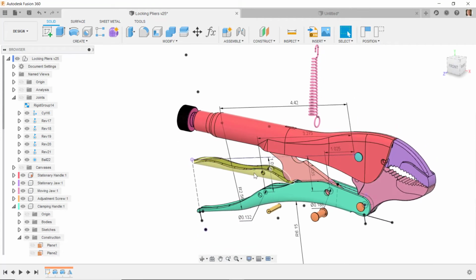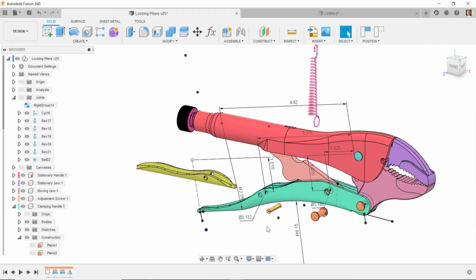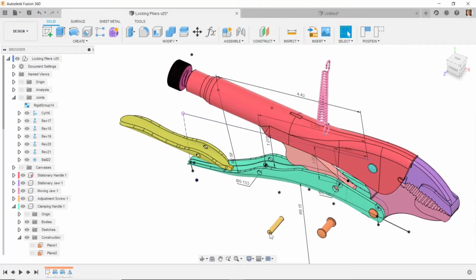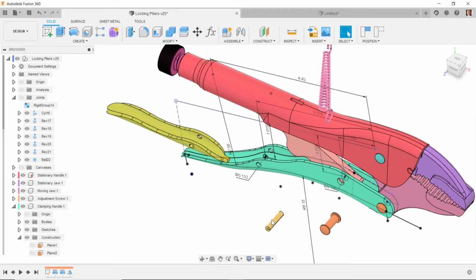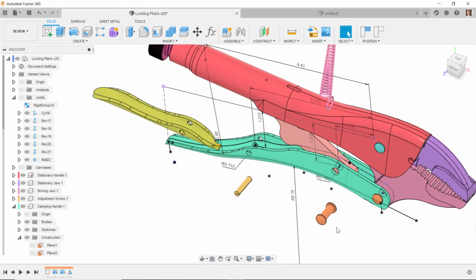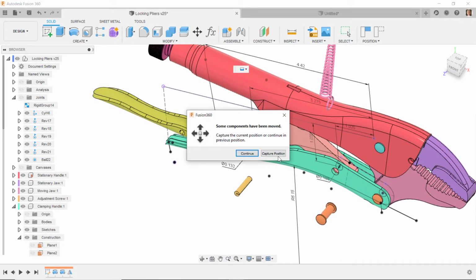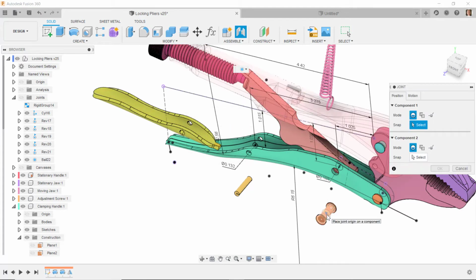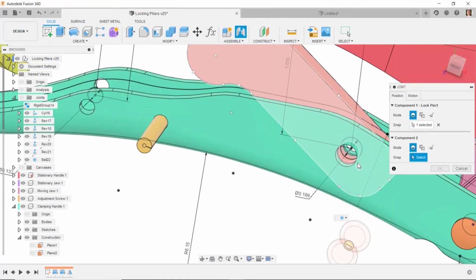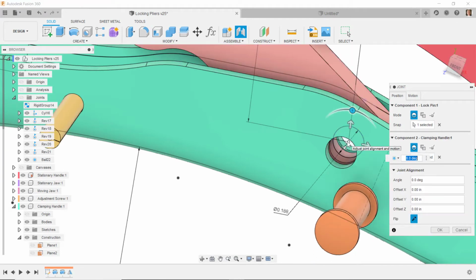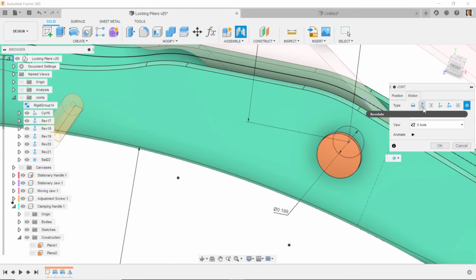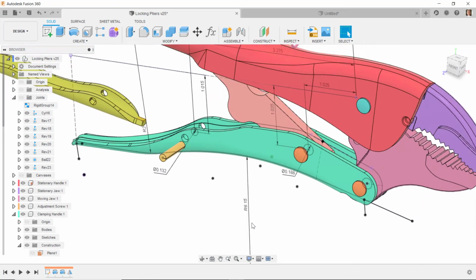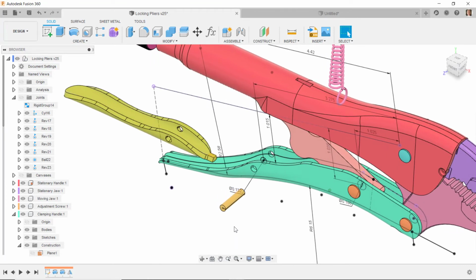and then the next thing I want to do is put this component into this hole, and we can do this in either order. I guess I'll go ahead and put the pin in here first. I'm trying to decide where to put the pin in here. I still need to put this pin. Let's go ahead and get this pin. So I'll do J for join, and I'll capture that position. I'm going to get the midpoint of this cylinder, and I'll get this point, and I want that one to be a revolution,